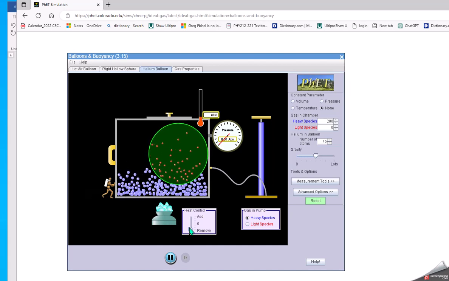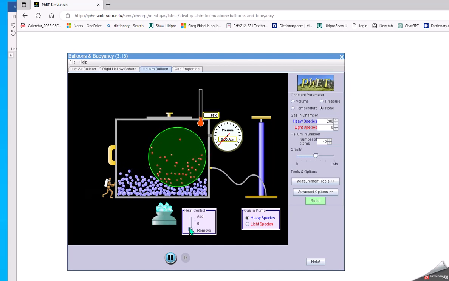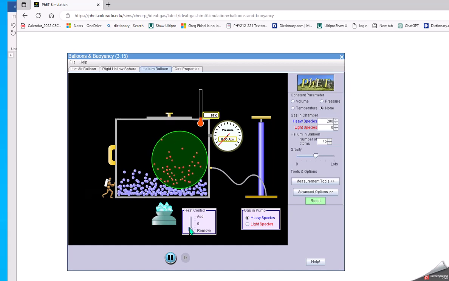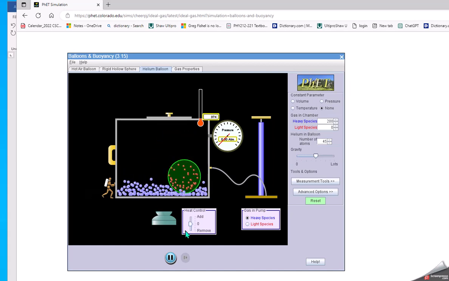You slowly drop the temperature, and at lower temperature it becomes smaller. You should explain why, because it's less pressure. Then at about 45 degrees or so, it touched the ground, because the balloon has its weight. This molecule has weight, and even though this thing is still pushing it up, it's not a counter